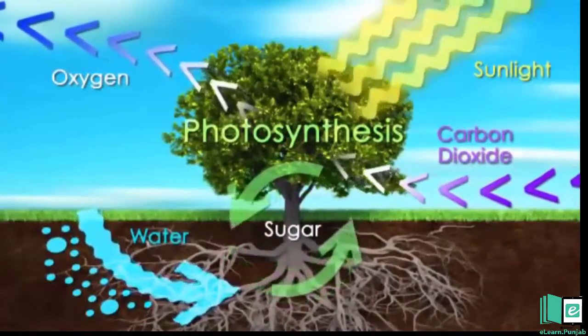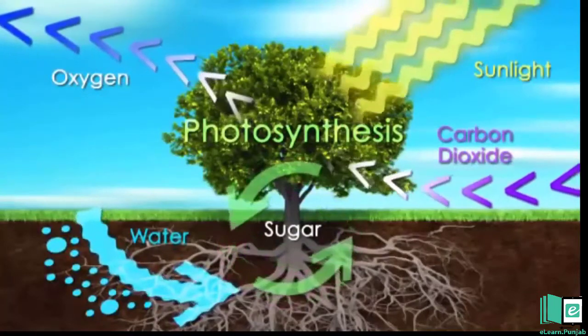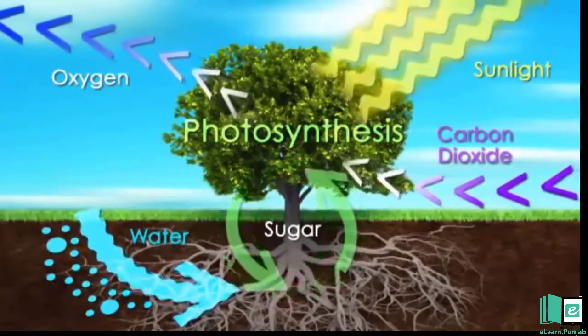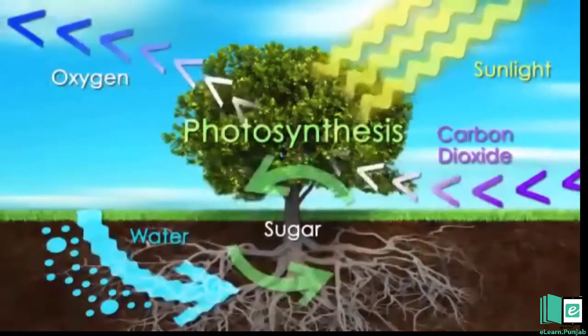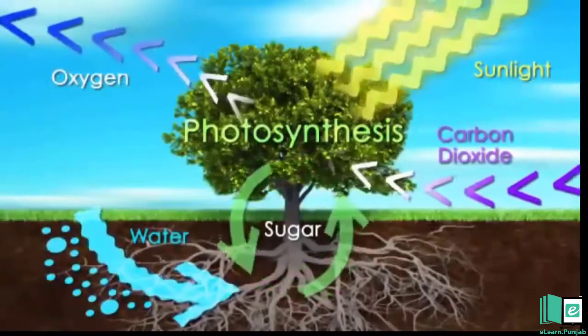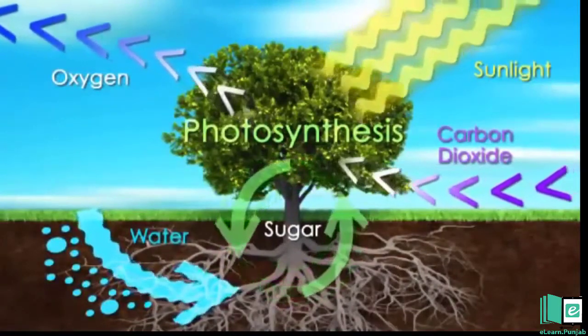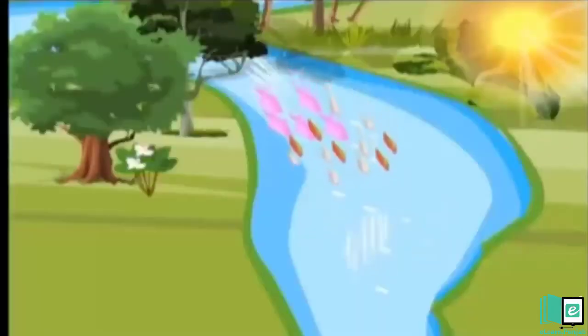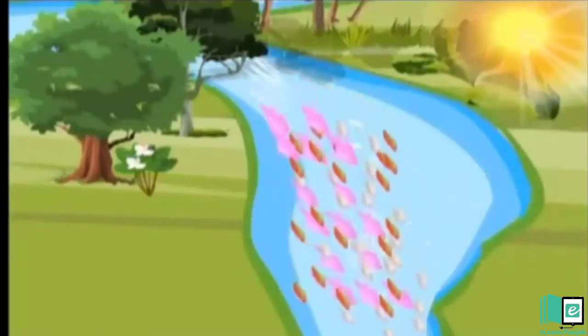Sunlight is the basic source of energy on the earth. Plants use light energy to make their own food. All forms of life on the earth depend directly or indirectly on green plants for food. They also need light for their survival. Light intensity affects the number of plants in a habitat. A decrease in the number of plants may result in a decrease in the number of animals in the habitat.